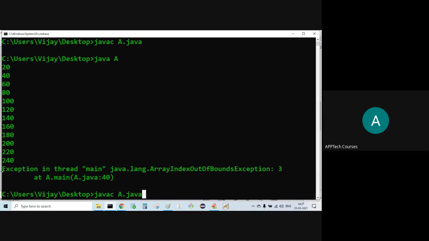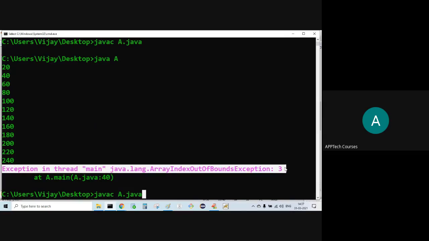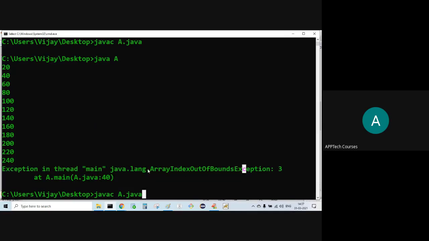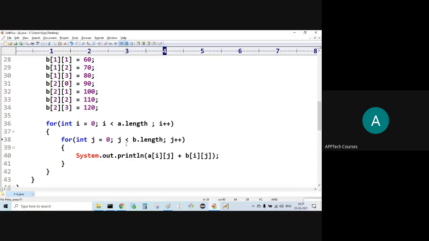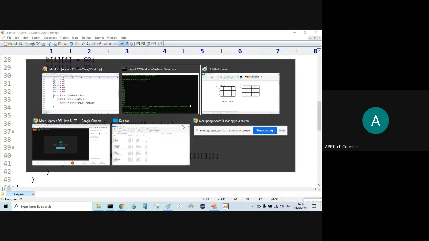But observe carefully. I'm getting an exception: array index out of bounds exception, line 40. So in this case, what happens?